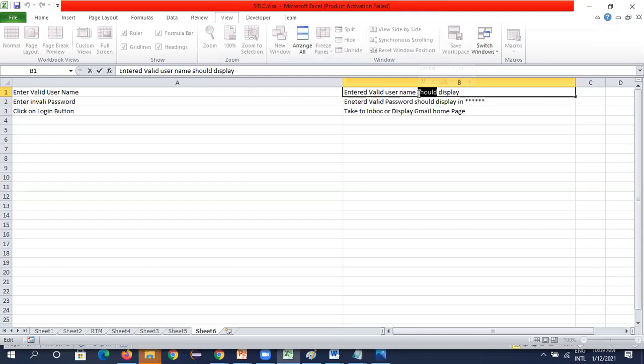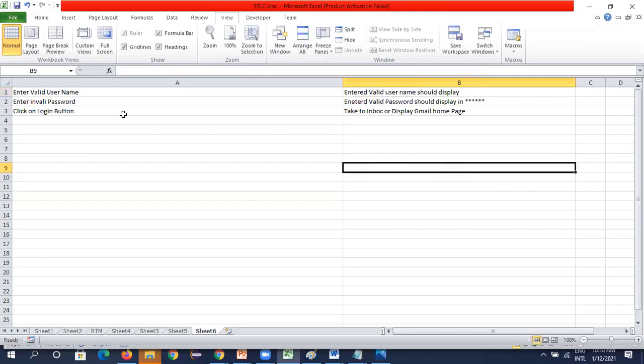So whenever you enter an organization, you take the sample test cases and see how they have written them. You just go through the sample test cases and verify how they are writing, and you will understand how you need to write. Got it? This is how you need to write a test case.